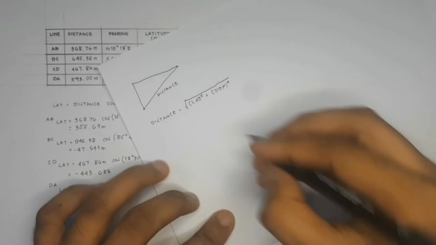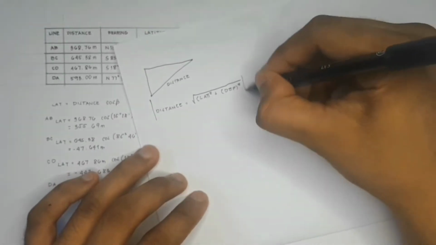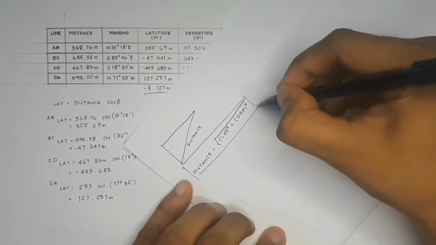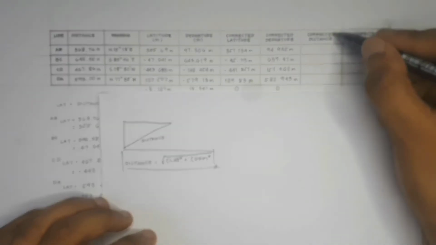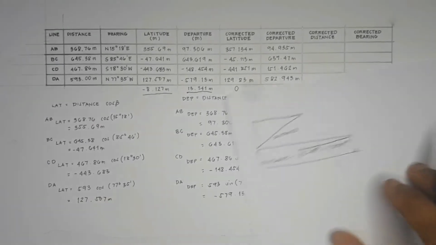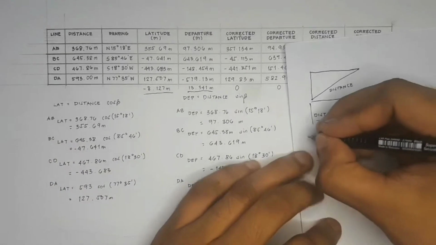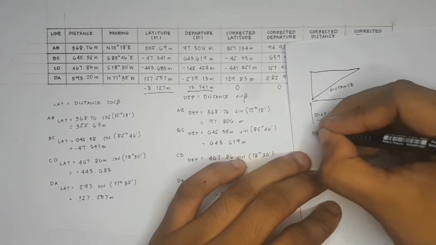So this will be our formula. This is the formula that we are going to use to get our corrected distance. So let's start with line AB. So the corrected distance for line AB,